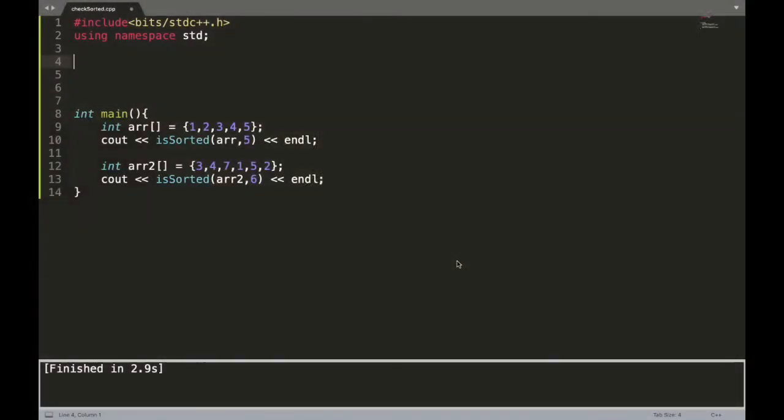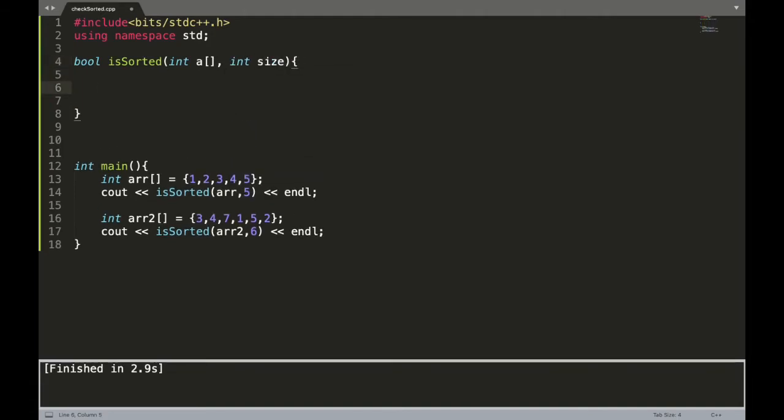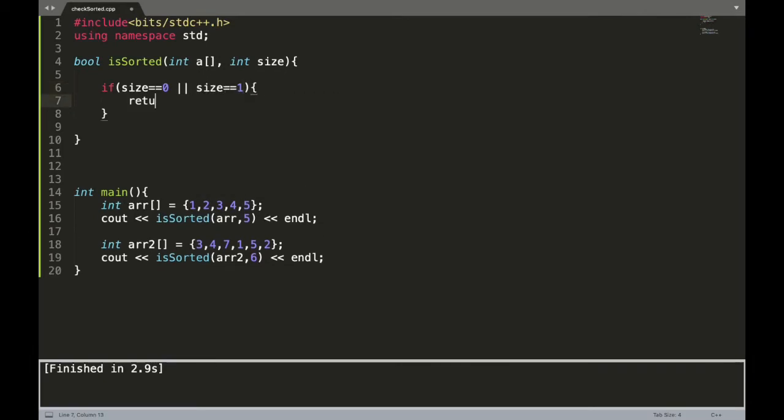Solution. So the return type would be bool, and we have to check if the array is sorted recursively. So let's name it isSorted, and we pass our array and its size to this function. Let's first write the base case, and the base case is if size equals 0 or size equals 1, that means our array is sorted.